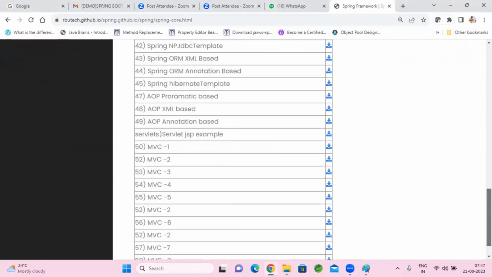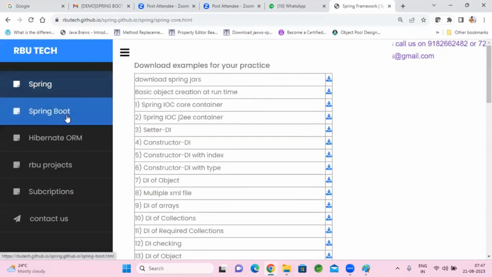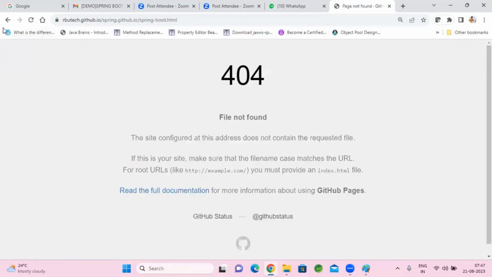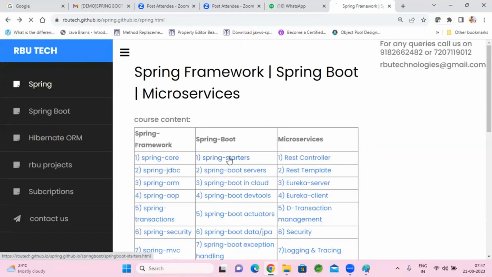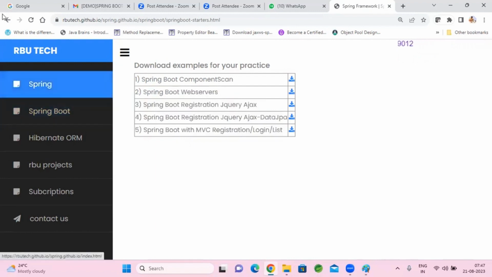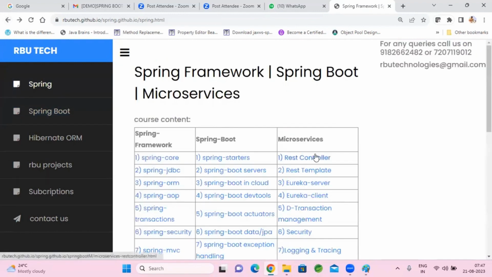So you can download each example and practice, and class notes also I'll be sharing with you. Spring Boot examples also will be updated here. You can download them. And going forward, microservices also will be added here. Along with them, you will be getting access to my videos also. I'll be sharing my videos blog also, so you can see your regular recordings